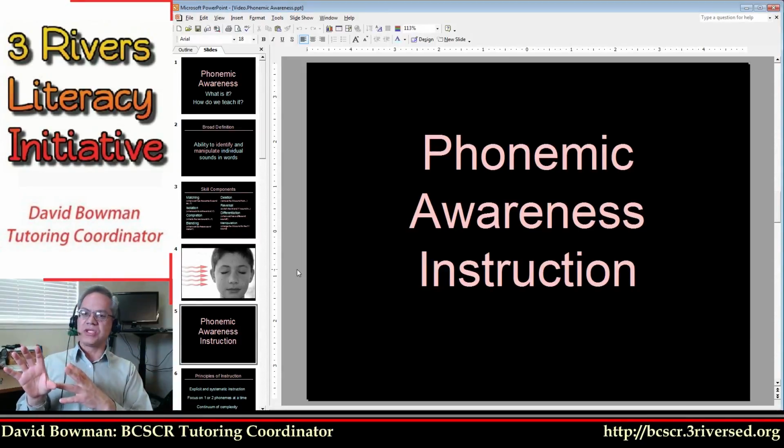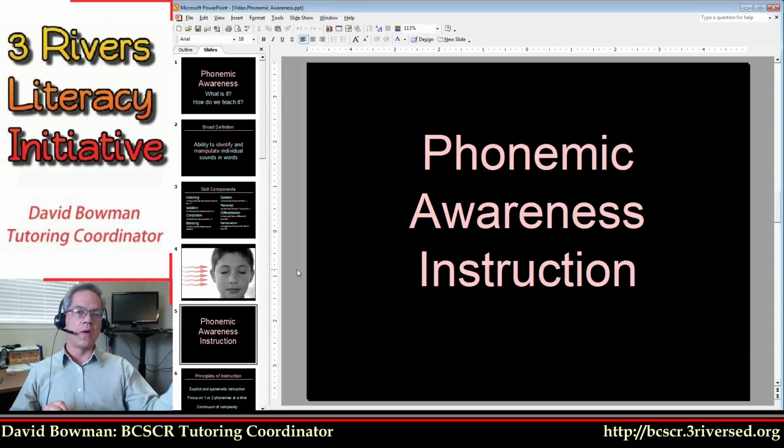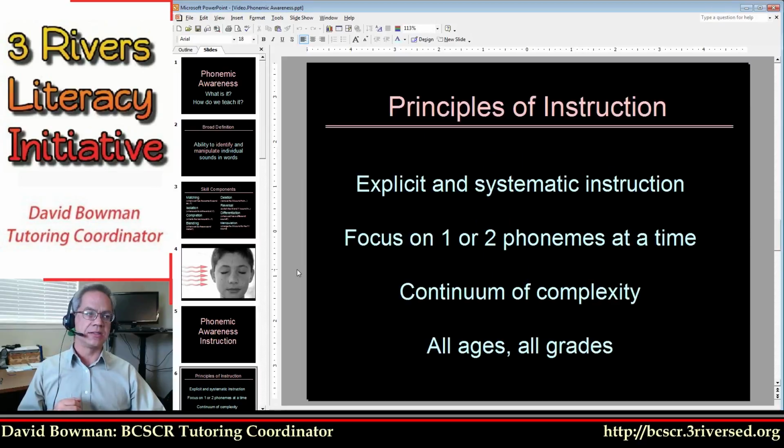All right. So with that definition, we have a lot of clues about how we can go about helping kids develop their phonemic awareness skills or their phonological skills. Now that we know what those specific skills are, we can devise strategies to help students build up in each of those areas. And there are some very specific things that the research tells us, and we have shown to be true with our students in tutoring. The first and foremost is that